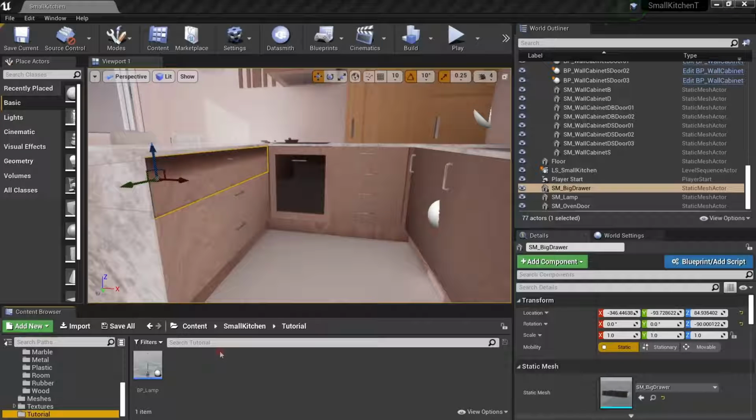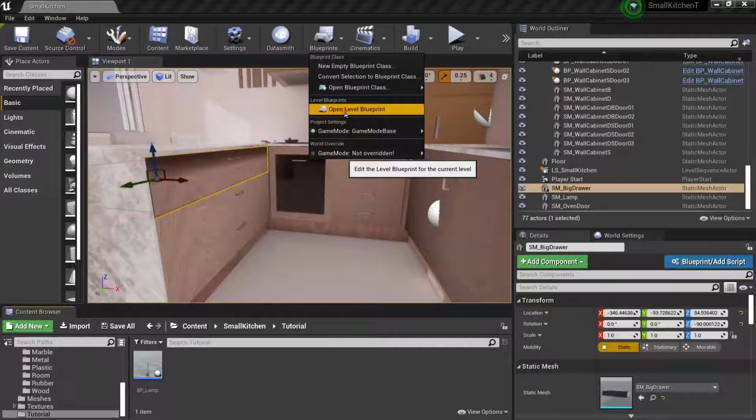Hello everyone. In this tutorial I'm going to be showing you how to open and close doors, drawers, whatever you like with the on clicked event, meaning that you need to click on the mouse button in order to trigger the actions. Alright, the first thing that we need to do in order for the clicked event to work properly is to go to the open level blueprint,